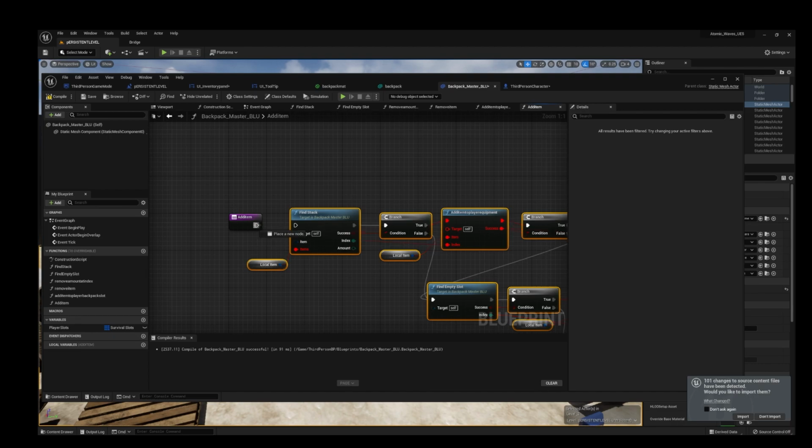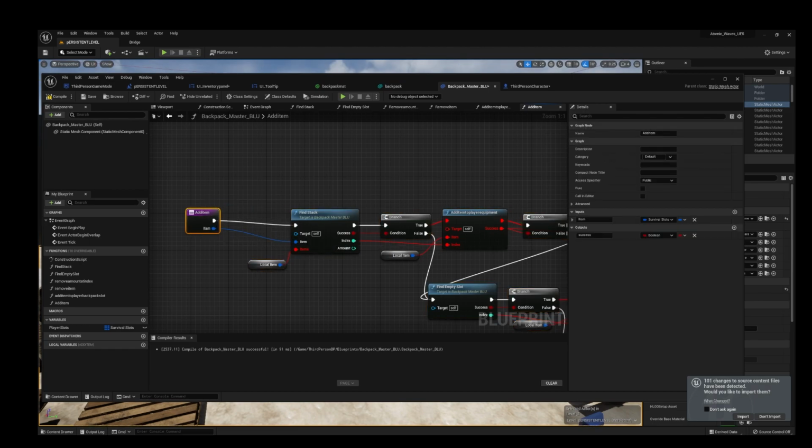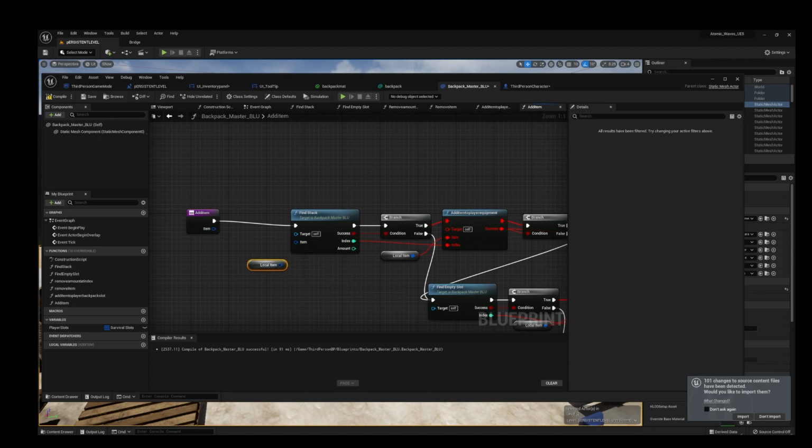Let's go ahead first and connect our add item to find stack. Let's also make sure that we create our item. So we're going to drag it into item here, like so. And then we're going to go ahead and disconnect this one. Also disconnect this one as well. And we're going to go ahead and promote to local variable for local item. Oops, I think I messed it up. Sorry about that, folks. Like I said, right click, create local variable. I think that's what I did wrong.